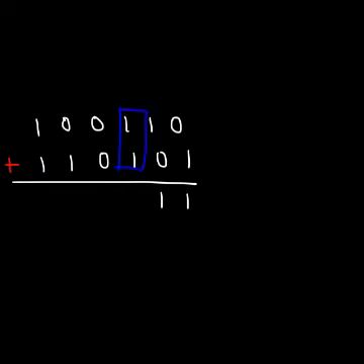Go ahead and add these two binary numbers. Feel free to pause the video if you want to try this example. So let's start with the column on the right side. 0 plus 1 is going to be 1. And then in the next column we have 1 plus 0, which is 1. And then it's 1 plus 1, which is going to be a 0, but we need to carry over a 1. Now for the fourth column, it's 1 plus 0 plus 0,